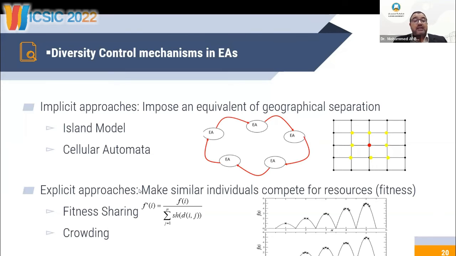In the implicit approaches, we have two very famous approaches that also focus on diversity, which are fitness sharing and crowding. In fitness sharing, we redefine the objective function of each solution to take into account the distance between the solution and its neighboring solutions. So we divide the solutions into different neighboring groups, based on their sharing